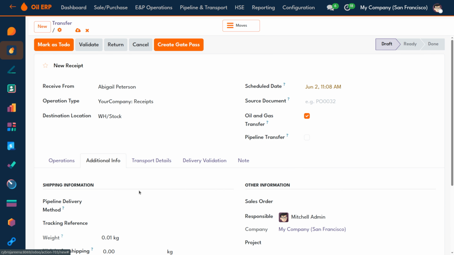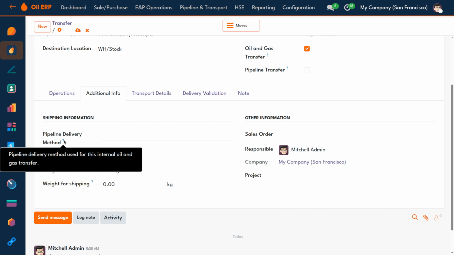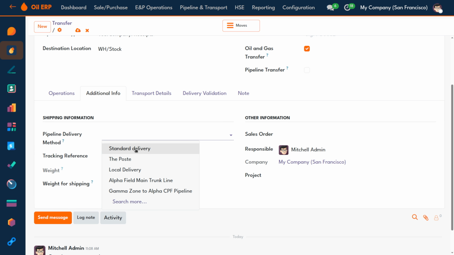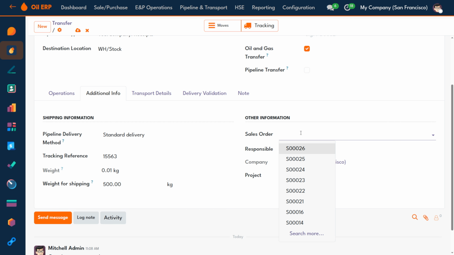Under the additional information, you can manage the shipping information regarding the pipeline delivery method. So pipeline delivery method is used for internal oil and gas transfer. You can specify it, and you can also set the tracking reference over here. Okay, and you can set the weight for shipping. So here I would like to set it as 500 kg. If there is any other information regarding the sales order or responsible person or the project, you can link